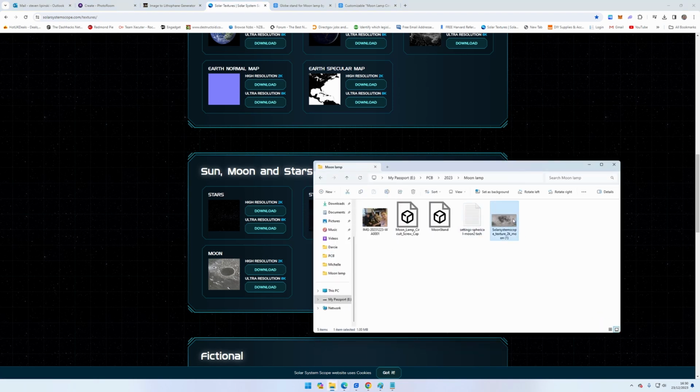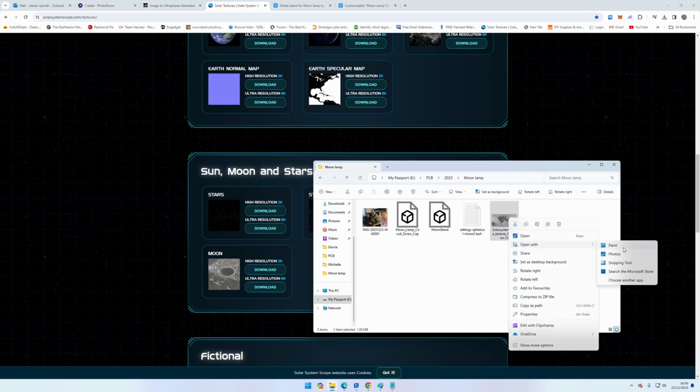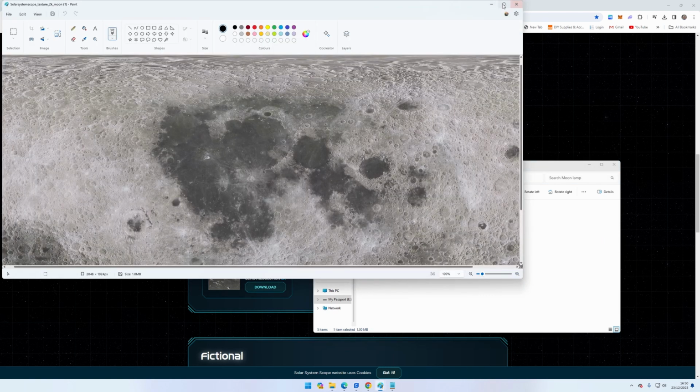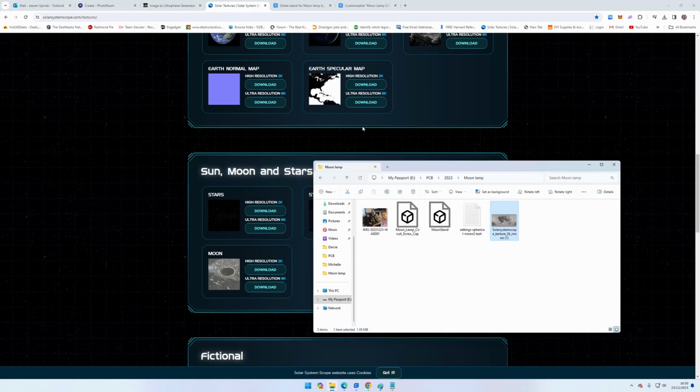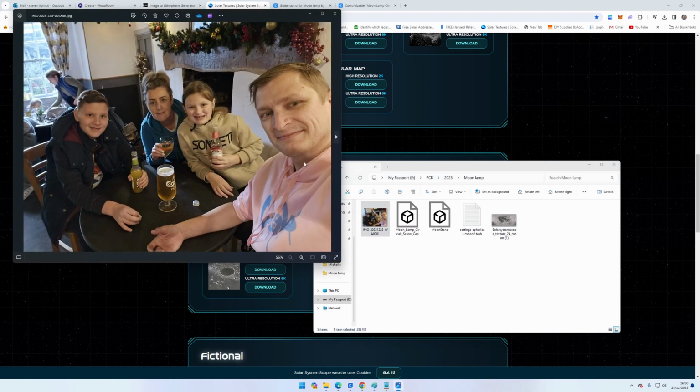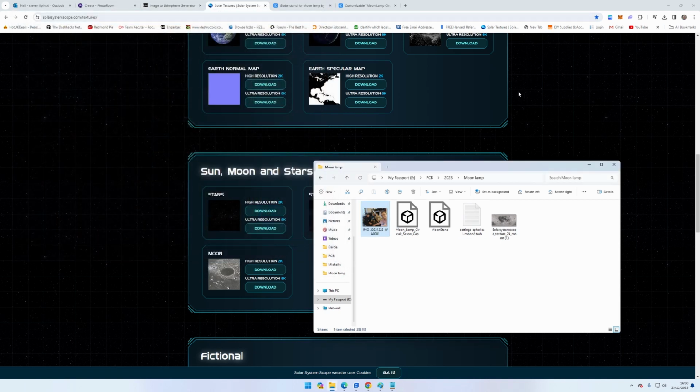Okay, so we've already got the background here, so we'll open this up in Paint just so it's ready. Okay, there's that. Alright, next what we need to do is get the picture that we want to put on this thing. This is the picture that we've got today. We just need to remove all of this background because we don't want any of that. Okay, so first of all, what we'll do, we'll open up